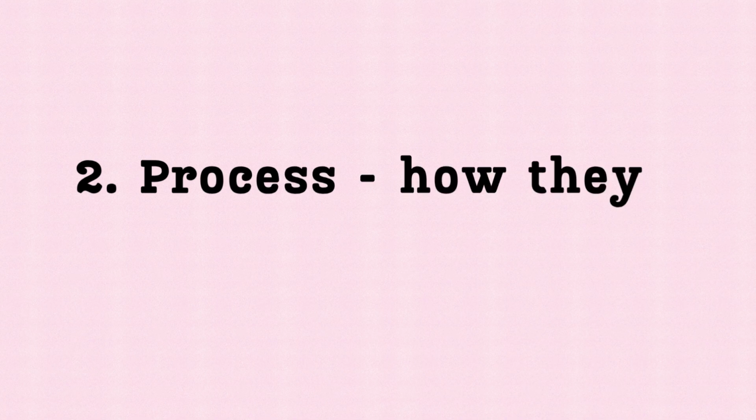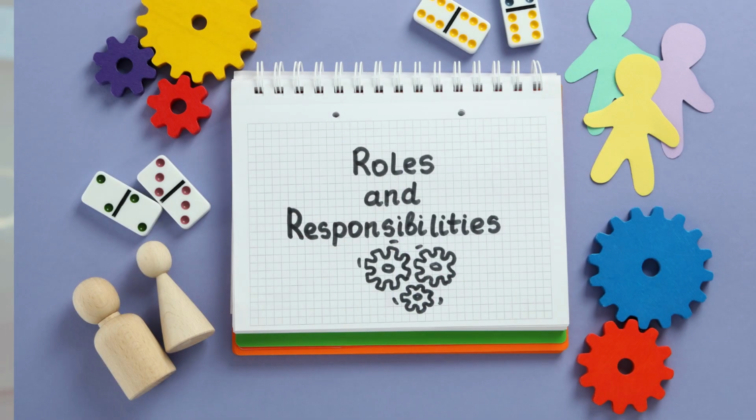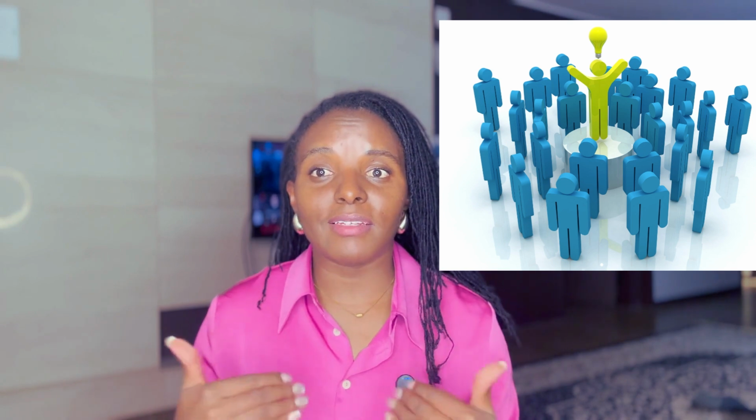The second one is differentiating by process. This is how do they learn? Like, how do you plan to deliver your content? So you could have a class where a lot of children benefit from group discussions, peer learning, which is also really recommended. So you could put them in groups, but you really have to think about this group so that everyone in that group is taking part, everyone in that group is doing some sort of learning. So you don't partner a strong child with children who are not that strong, and then they end up dictating what to do. So think about your grouping.